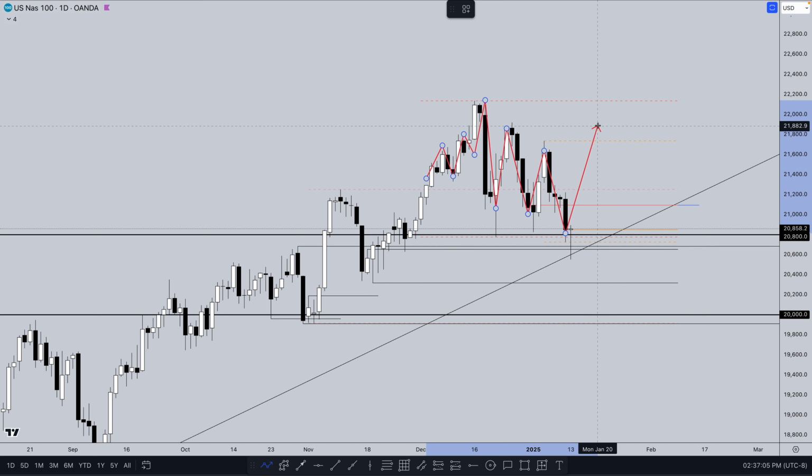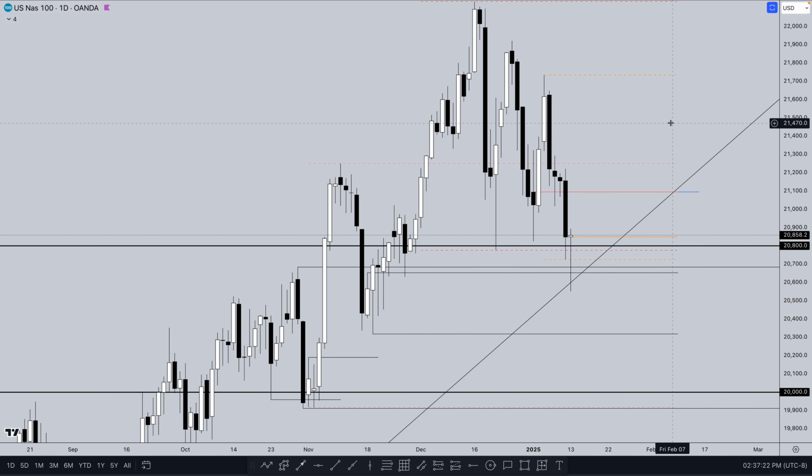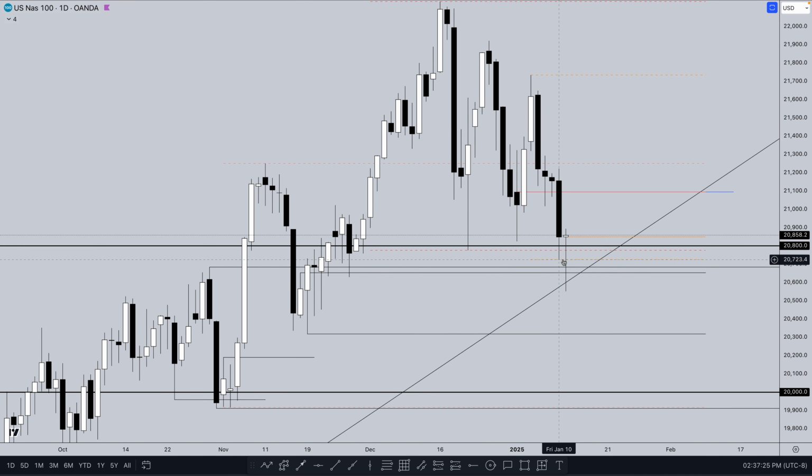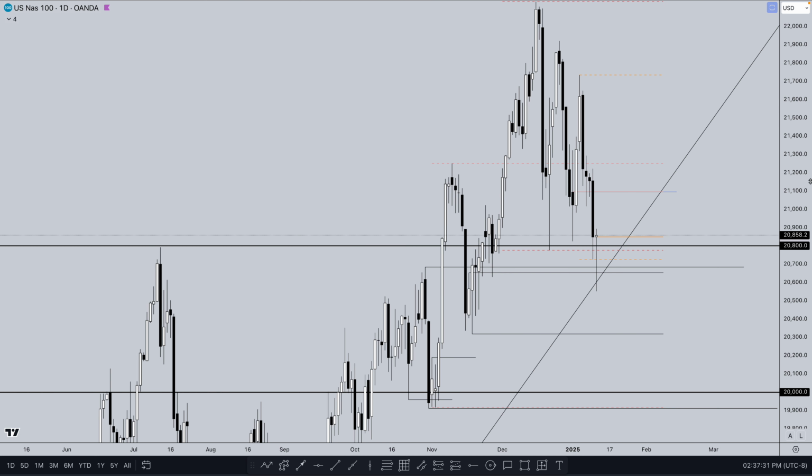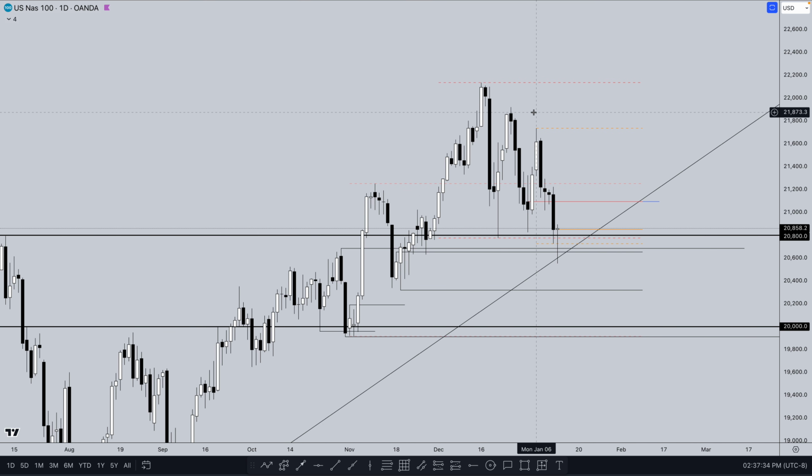And when that happens on that pullback, that's when I'll be looking for the discount range, or at least the level where we broke structure to continue the move. I know we got the 15-minute change of character down here. We swept previous weekly lows as well. So that's also very valid. So far, so good. So far, so good. Again, we just have to really close above these previous weekly highs. That will let us know that price wants to continue in the bullish direction.